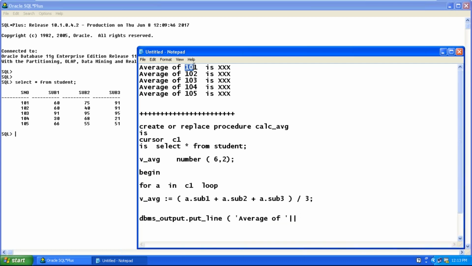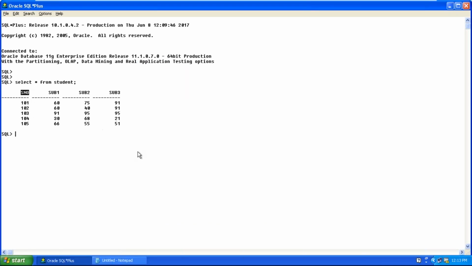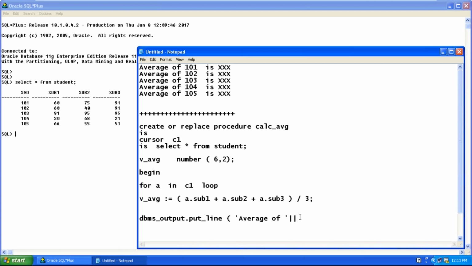How can you print 101? 101 is there in which column? S number. Can we write S number? It should be V average. Oh, average of 101. How to refer 101?